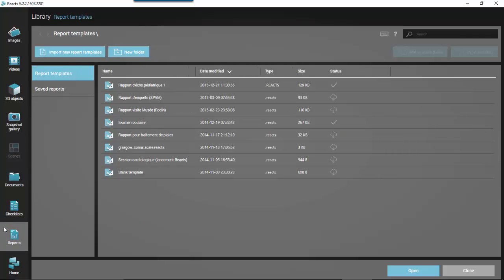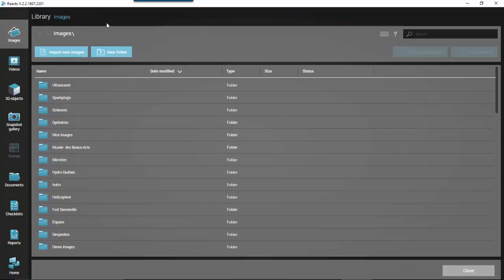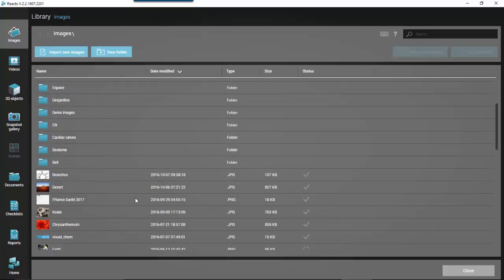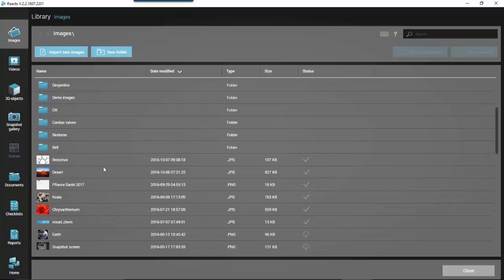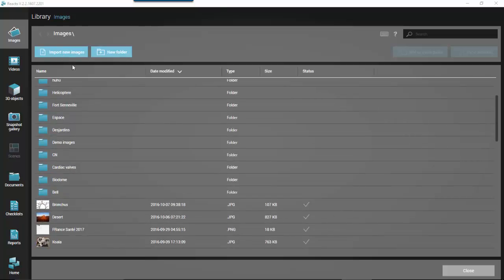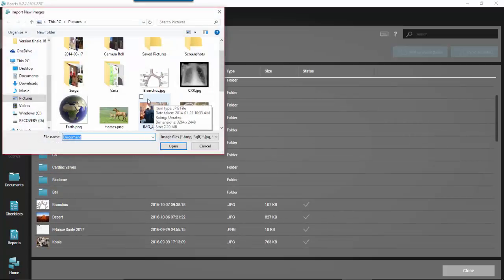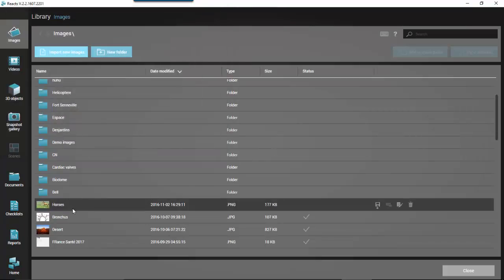So what is this? Let's say you would like to build a library of different images that you would be using during a React session. Here you can see I already have a bunch of folders and other images that are just freestanding. So I could say I'm gonna go get new images. Let's say horses here, and the minute I click on open, the image is being uploaded, as you can see here, with the timestamp, the size, the type of file,